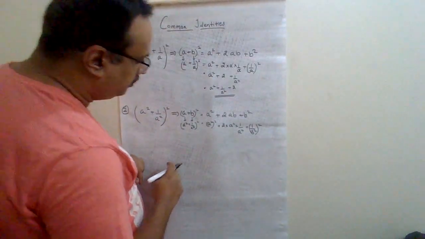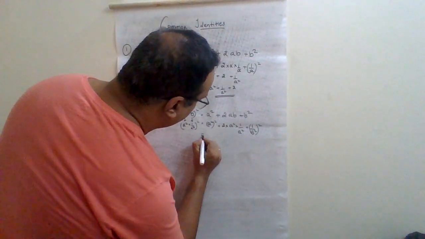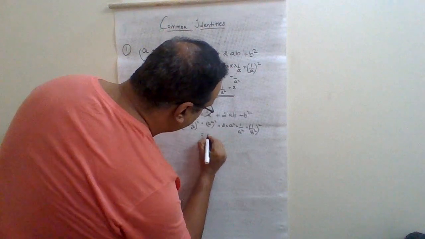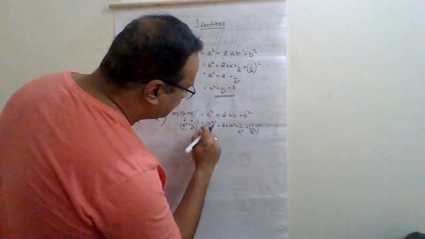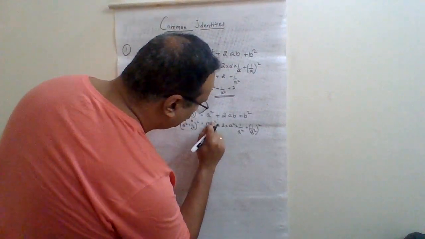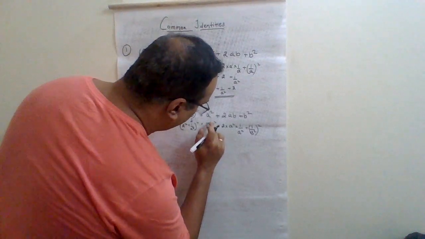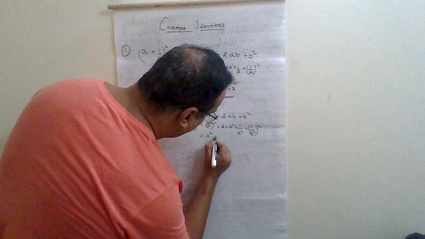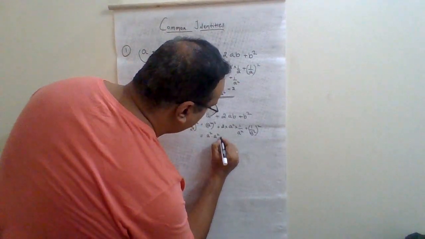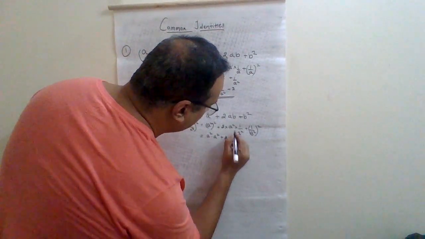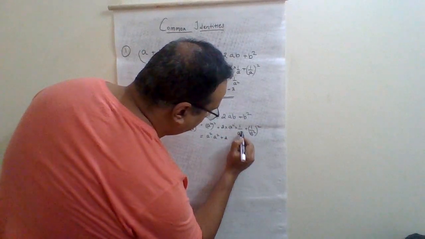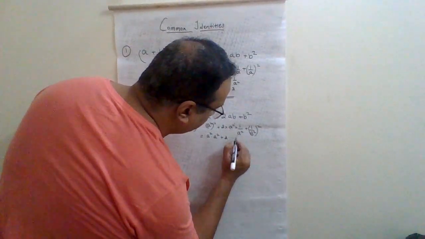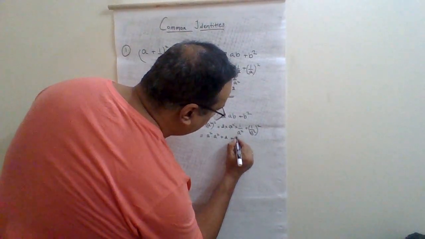Okay, so a squared the whole square is a squared dot a squared, plus 2 times, this will cancel, right? A squared by a squared is 1, so it will be plus 2 plus